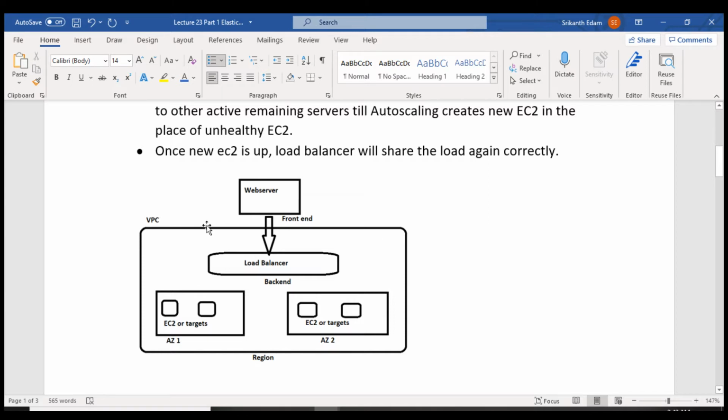Meanwhile, auto scaling will get the alarm and create a new EC2 instance in place of the unhealthy one. Till that time, the load balancer will share the load with the active nodes only. Once the new EC2 is up and running, the load balancer will share the load again properly.